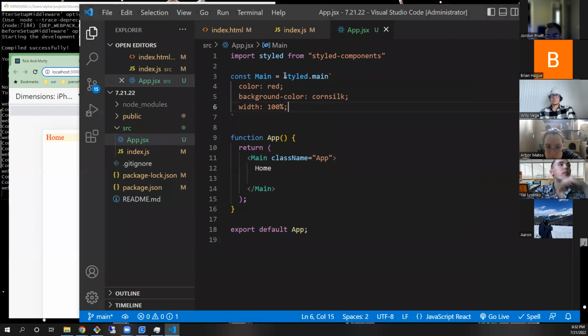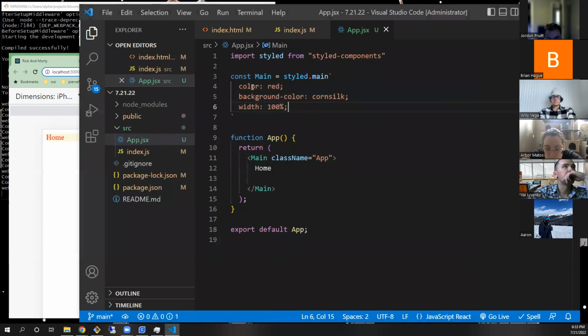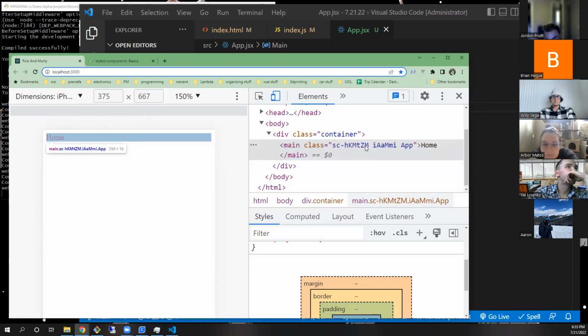So this styled.main is creating a new element called main that has these styles applied to it. And if you notice how it has this class of, we have no idea what this is, and then app, it is creating this class structure so that it doesn't have to put the styles inline. So it's not saying style, color red, background color corn silk, and width of 100%. It's hiding it inside of a